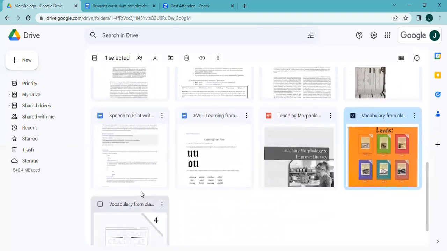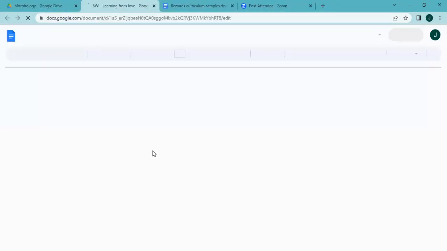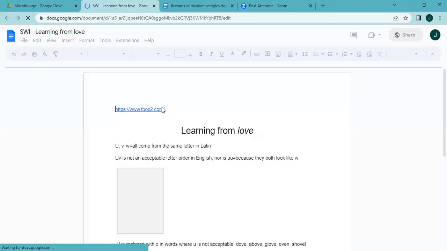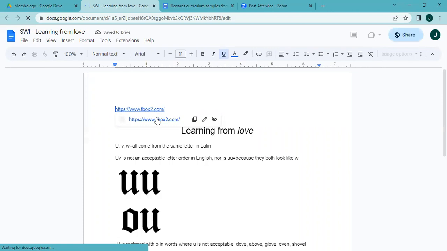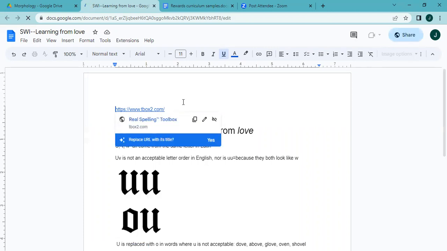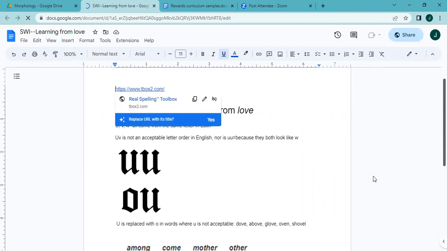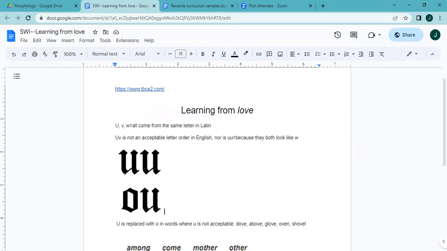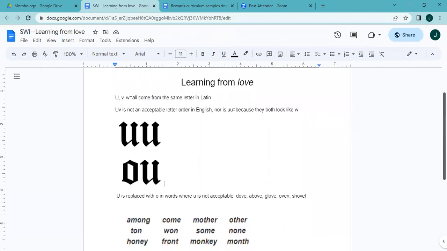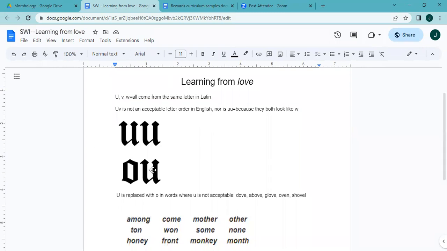And then the last thing I wanted to show you in here is Learning from Love. If you go to Real Spellers, they have, oh no, this is the Real Spellers toolbox. They have a sample lesson. It's like 14 pages long. So I just condensed it and did this with my students. You may remember that was one of the bases that we had up on the